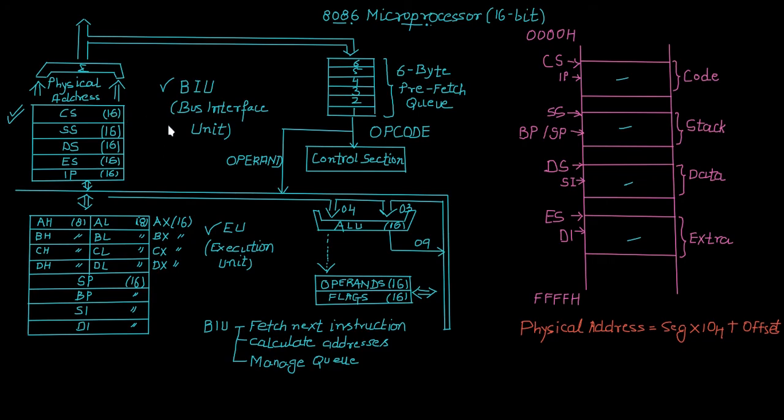So a register is basically a device which is capable of storing some data in it, right? So the code segment will be able to store some instructions that reside in the code segment. Similarly, the stack segment, the data segment and ES, they are all registers and not the segments. So next one is the IP. IP is the offset address of the code segment and it points to the next instruction that needs to be